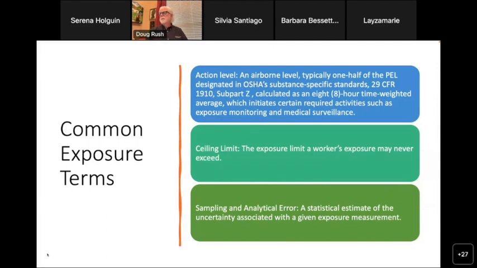ceiling limits, sampling and analytical errors. We know how they impact what it is that we do. Ceiling limits, I don't know about you, I'm gonna tell on myself here, but I was in the career field for a long time, probably 10 plus years, and thought a ceiling limit was a 15-minute limit. And then I read the NIOSH book, and I'm going, oh, well, a ceiling limit can be defined differently. So we just need to know what it is that we're dealing with and how it is that we're dealing